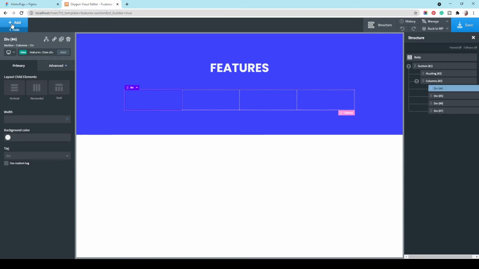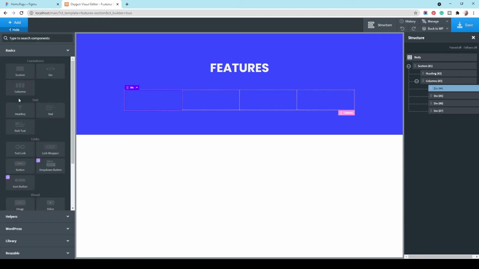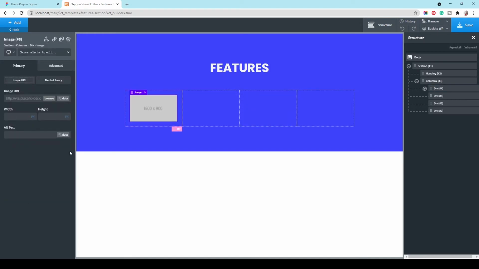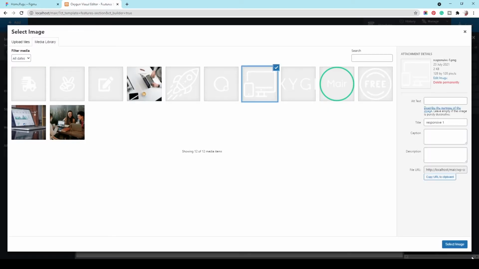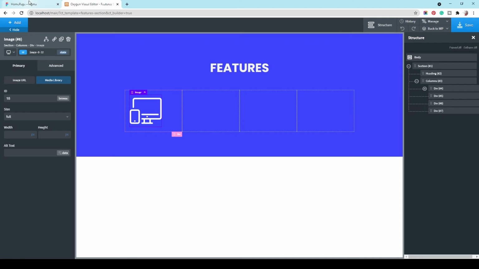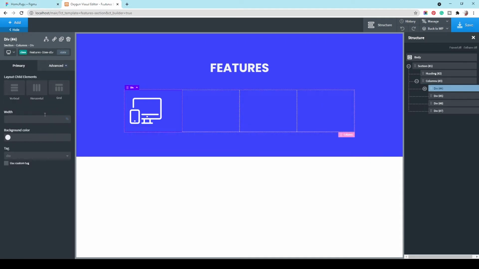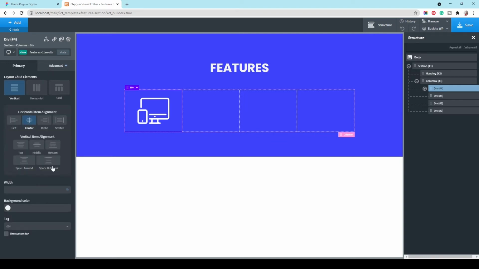And let's start by adding an image or an icon if you like, but I'm using images now, so let's start with this image over here. Okay, we need to make this vertical, centered,